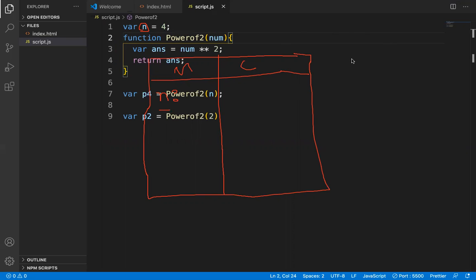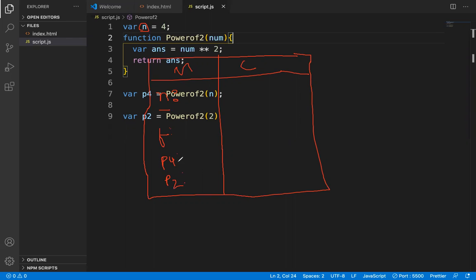It literally picks the full function and stores it in the memory component. Then it will go further down, take p4 and p2 also, and give memory to them in the memory allocation phase.